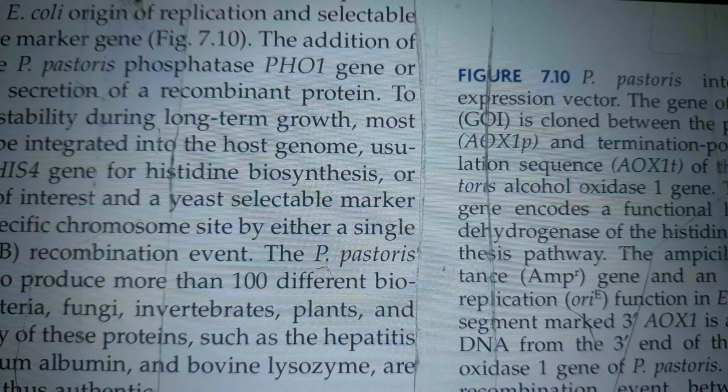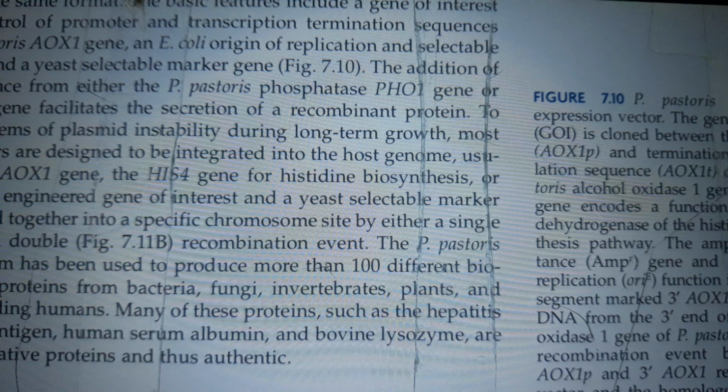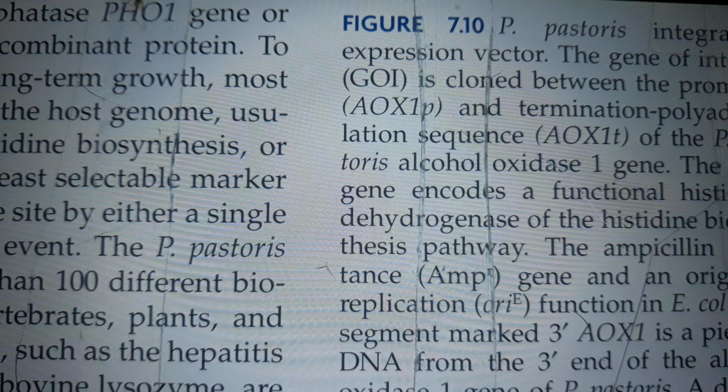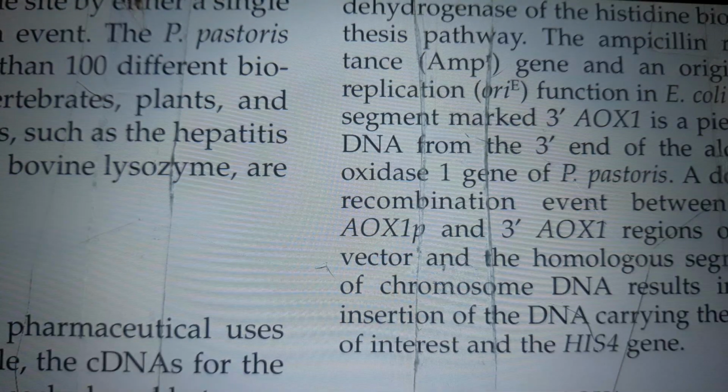The illustration shows a P. pastoris integrating expression vector. The gene of interest, GOI, is cloned between the promoter AOX1 P and the termination polyadenylation sequence AOX1 T of the P. pastoris alcohol oxidase 1 gene. The HIS4 gene encodes a functional histidinol dehydrogenase of the histidine biosynthesis pathway,